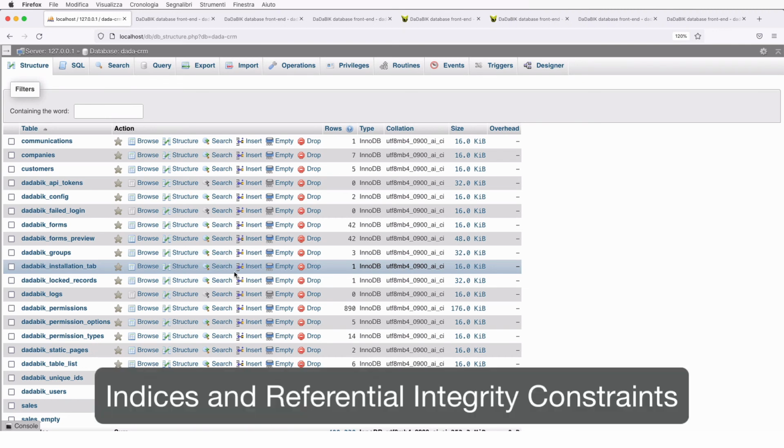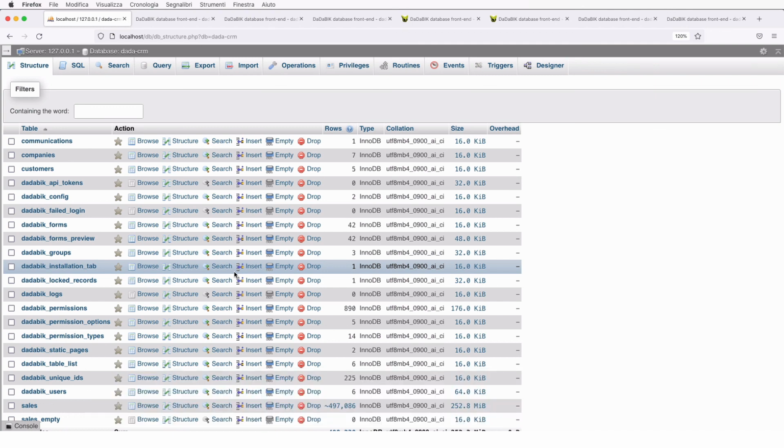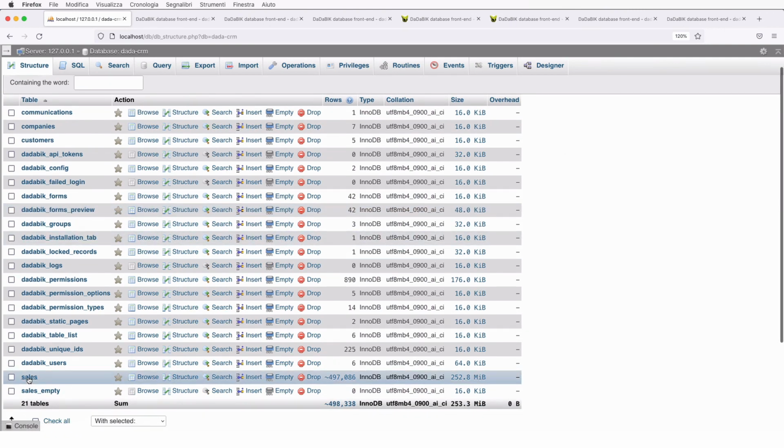Okay, let me now show something more you can do that is optional. I mean, the application would work anyway, even without these additional things I'm doing, but it makes your application more secure and fast. On your database, you can add referential integrity constraints and indices. Let's start with referential integrity constraints. So, for example, sales